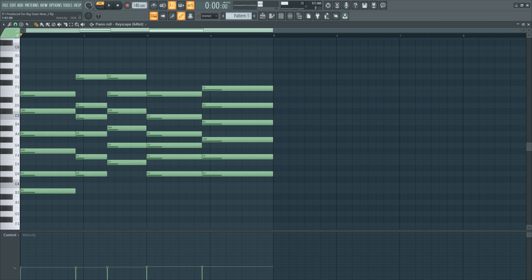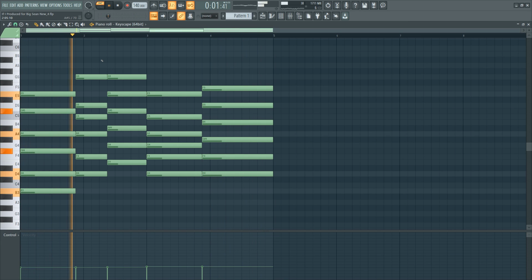So I'm going to go with Rhodes piano because I feel like the grand piano didn't give us what we needed.